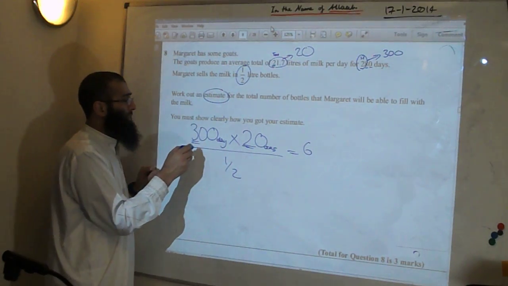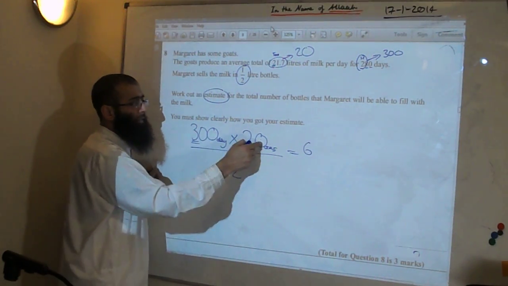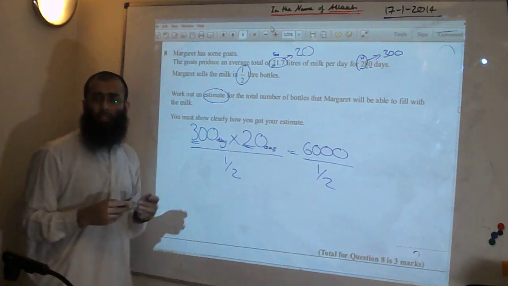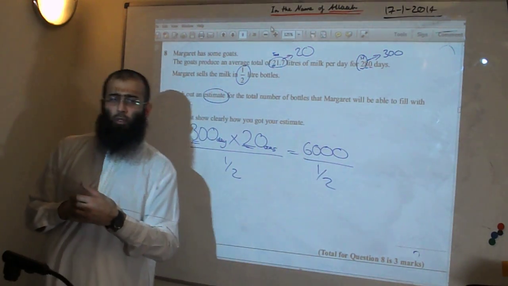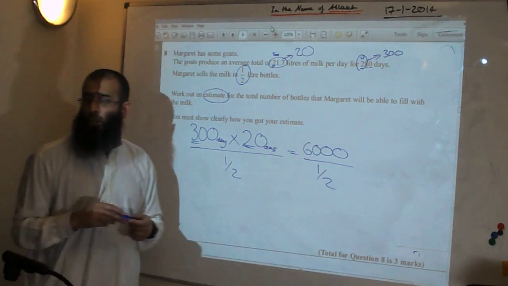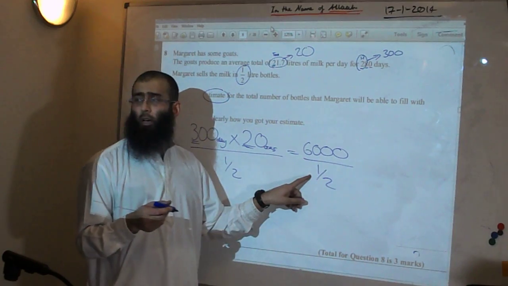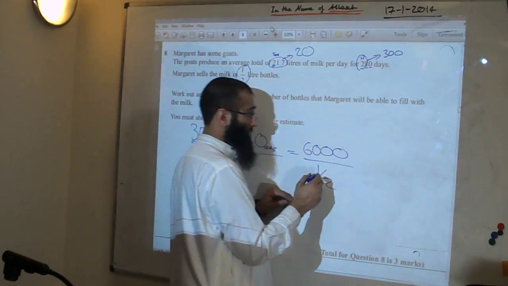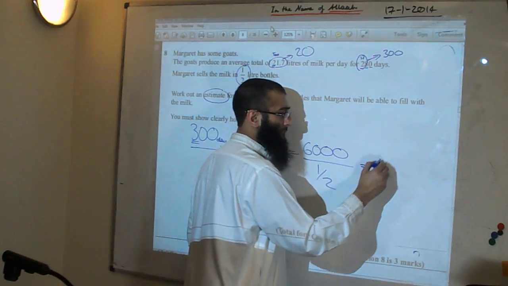And then how many zeros do we add? 2. 1, 2 and 3. 3. Okay. Now 6,000 divided by half. Ramiz, be quiet because you don't have to do before. Right, 6,000 divided by a half. Rutalba, 6,000 divided by a half. When you divide by half, what do we do? When you divide by a half, times by 2. Times by 2. So the answer is